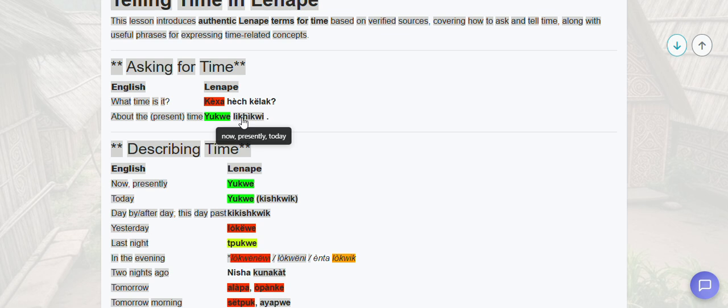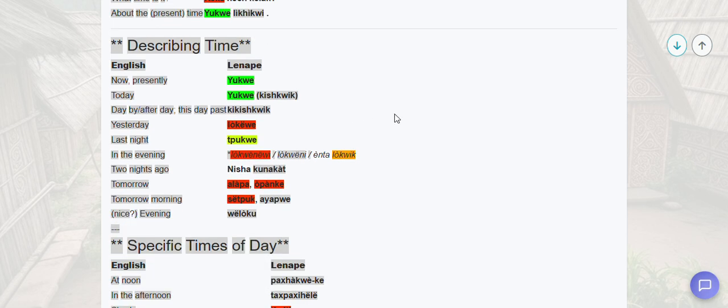And then about the present time. So this is how you would spell that lakikwi. So this is le plus kahikwi. Yukwe lakikwi. And then if you're describing time, so this is the loquenoi or loqueni, and then you can also say enta loquic, which means when or where evening is, literally. And then you have nisha. So this is how you would say if you're talking about 2 or however many nights ago. So you could say naha kunakat 3 days ago. Newa kunakat 4 days ago,